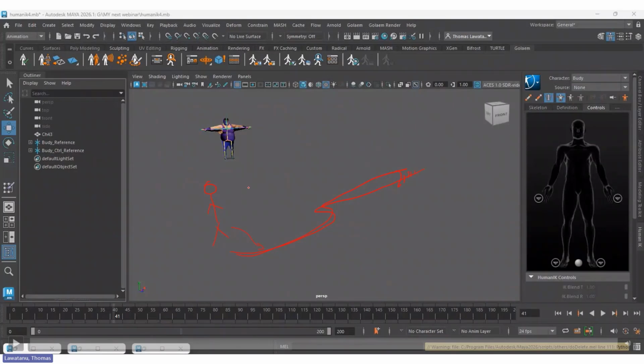But how about if you want to create something like a walk cycle? You need to key the animations one by one, manually.